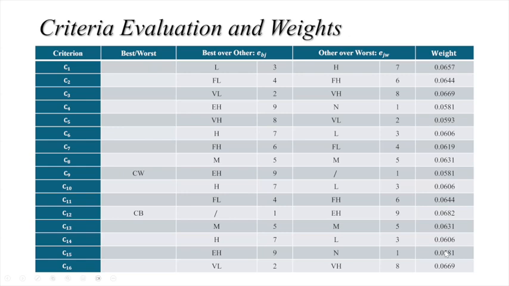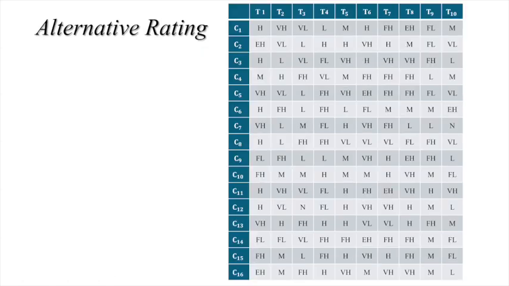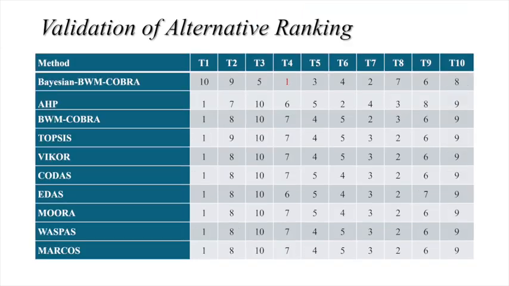The second part was to look at the alternative ratings, taking these 16 criteria and the 10 different alternatives. So the Saaty scale was used, and we tried to find out from there, and we arrived at a table. This is given in the description. More details are provided in the paper, and we can work them out from there also.